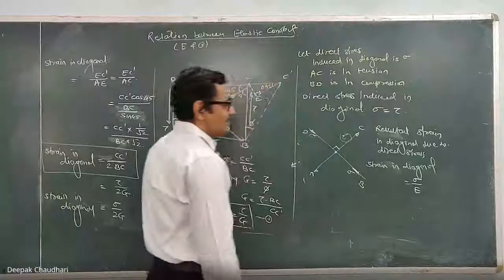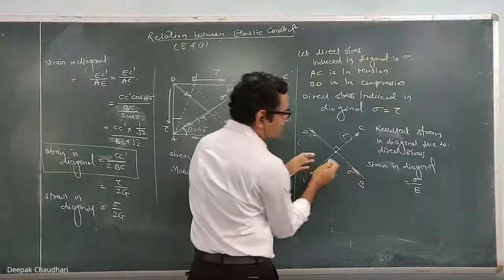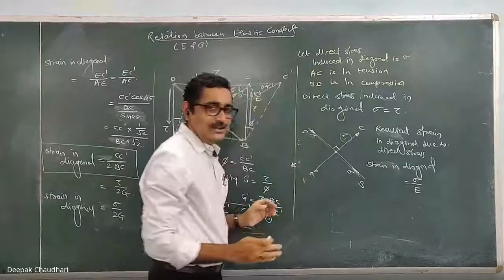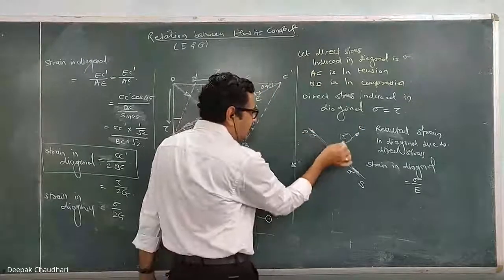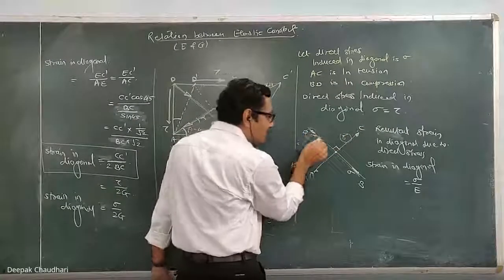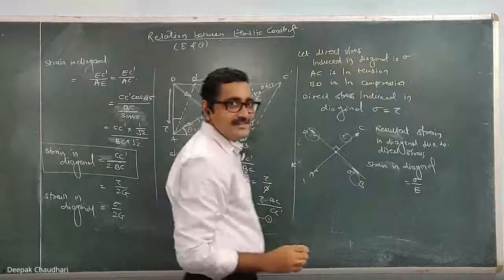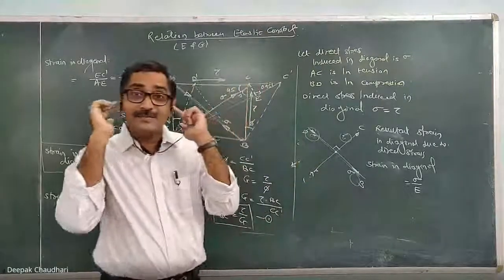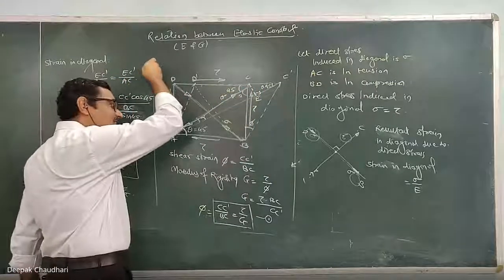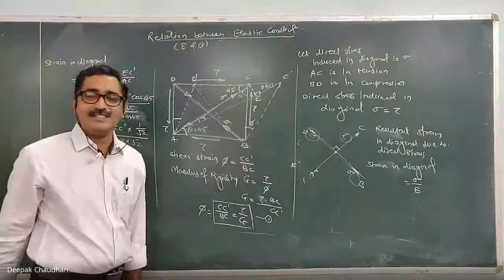Now this is the other stress, which is perpendicular to that. So because of this stress also there is some effect on this diagonal. So what will be the strain in this diagonal AC, along the AC, because of this compressive stress? Now that becomes the lateral strain. Here, the strain in AC because of the stress acting along the BC. Listen carefully.